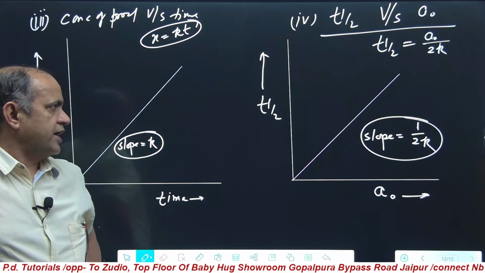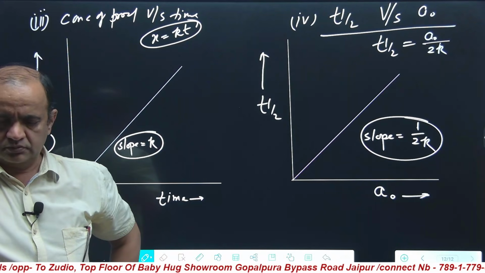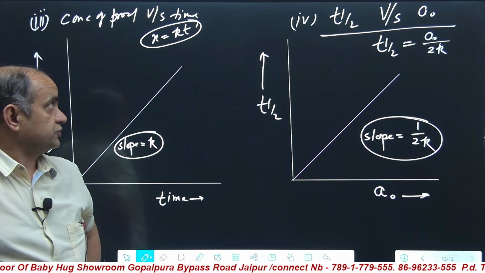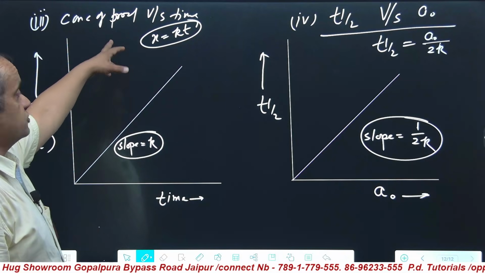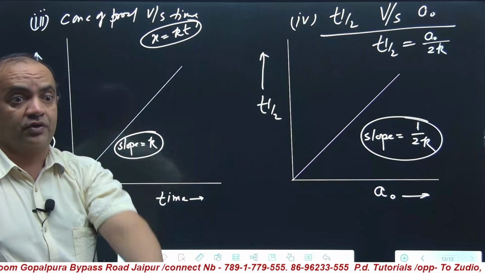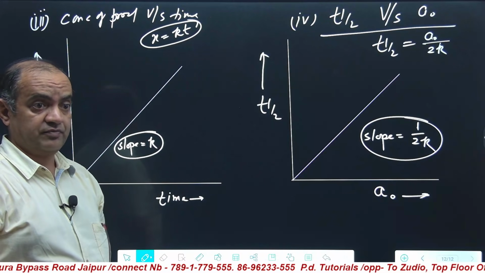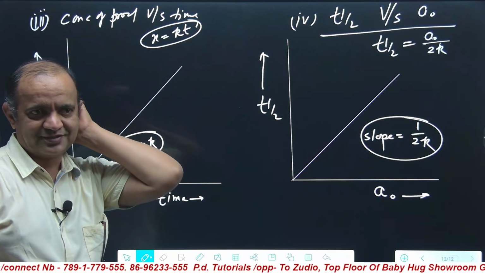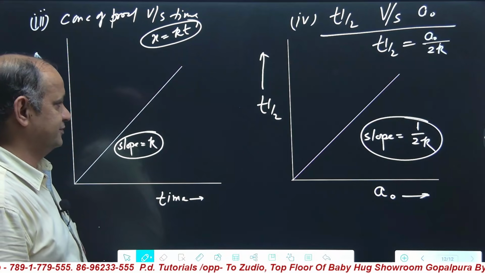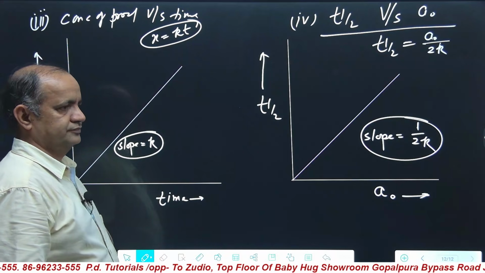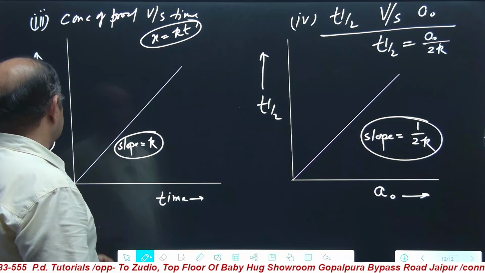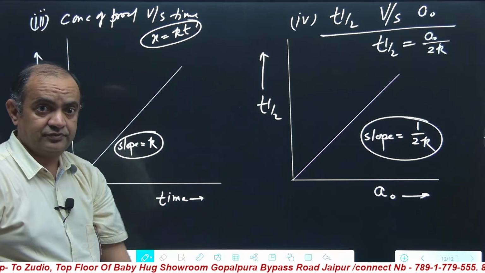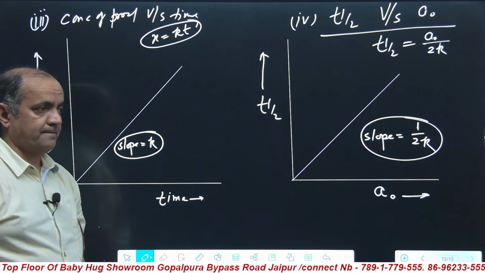Please copy it, and any doubt to anybody, you are free to ask. Sir, draw concentration of reactant versus time. I have already drawn. AT versus time. It increases linearly or decrease? Yes, it decreases linearly. Concentration of product increases linearly and that of reactant decreases linearly. Yes, copy it.